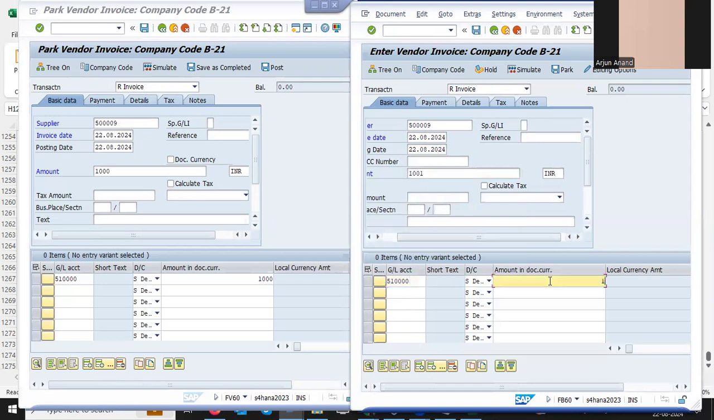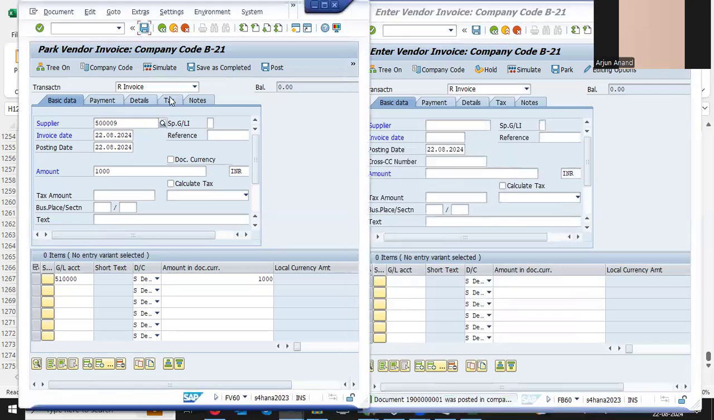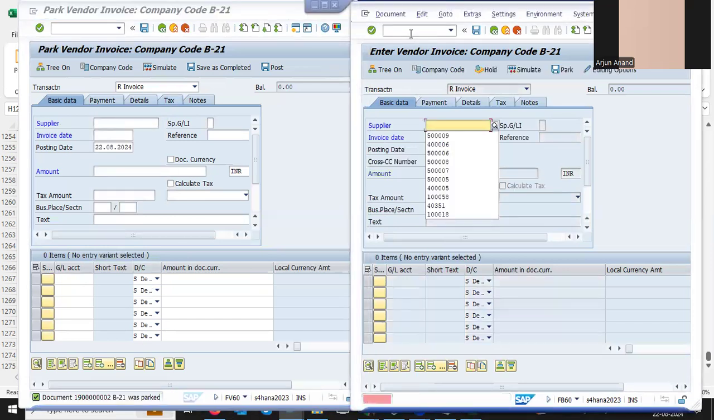Now what I'm doing here, one entry I'm doing posting, that is here in the FB16. And one entry to the same, I'm doing parking. The amount is different. This parking is 1,000 rupees and posting is 1,001. Let me save both. You get a document for both. Now I'll take you to the vendor screen, vendor ledger,